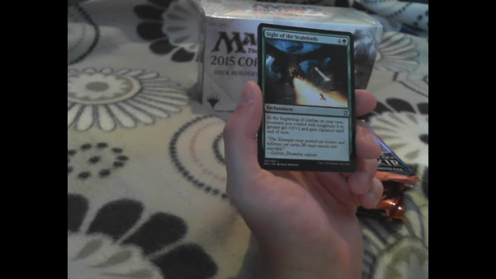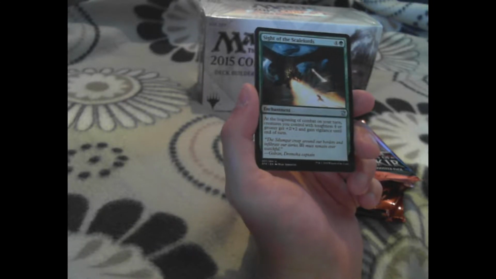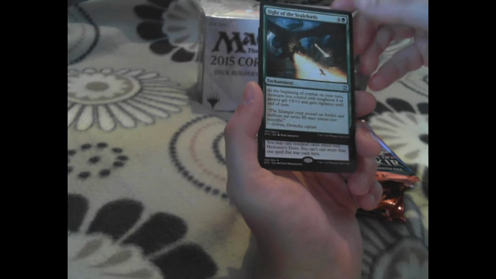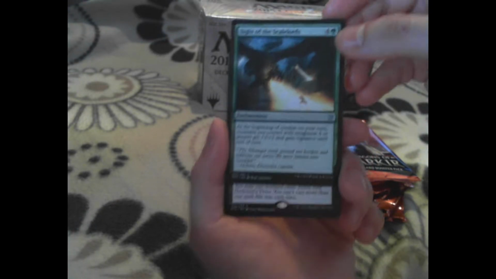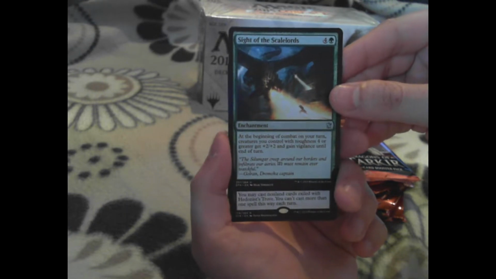Sight of the Scale Lord. At the beginning of combat on your turn, creatures you control with toughness 4 or greater get +2/+2 and gain vigilance until end of turn. That sounds quite annoying. Okay, let's see if we can...